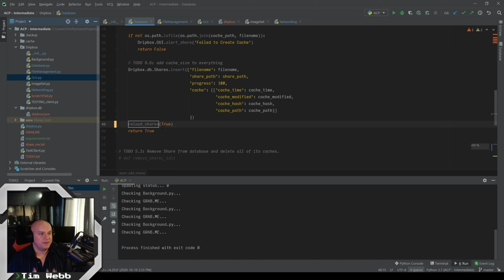And now we're taking advantage of that extra functionality that we've built into this. So we don't have to worry about rebuilding the UI at some other stage after this. It's all one simple operation. So moving on into our networking